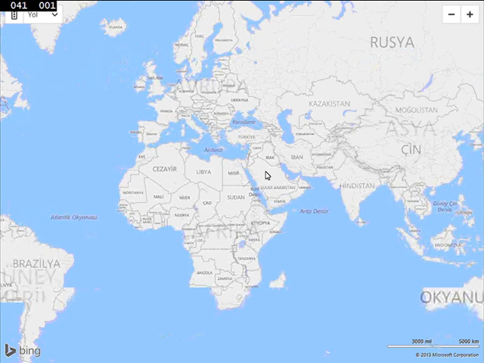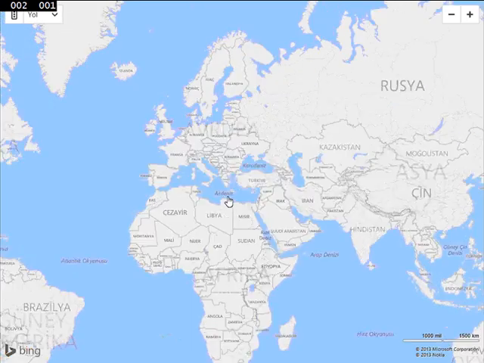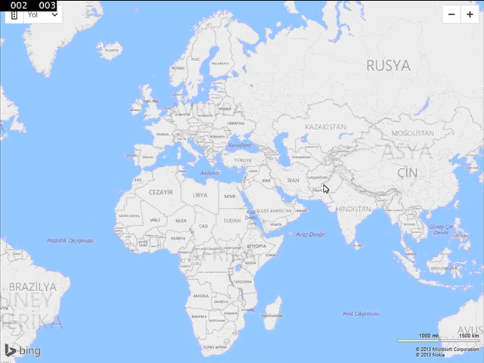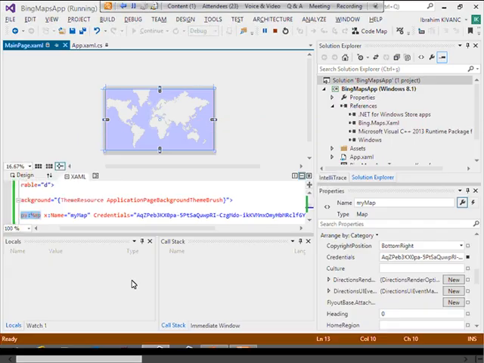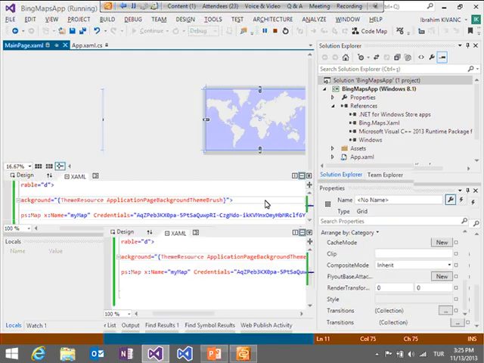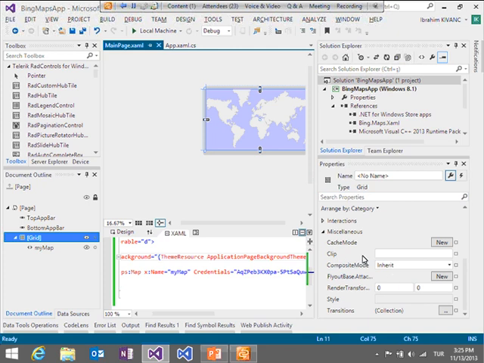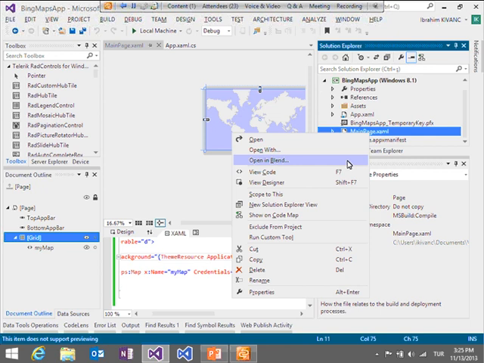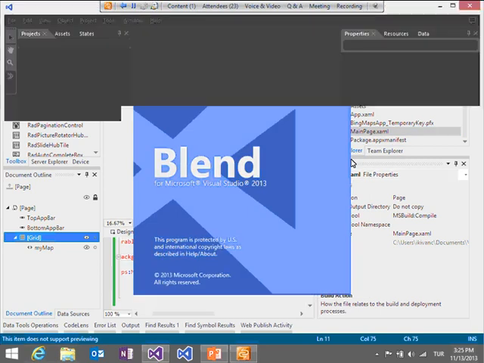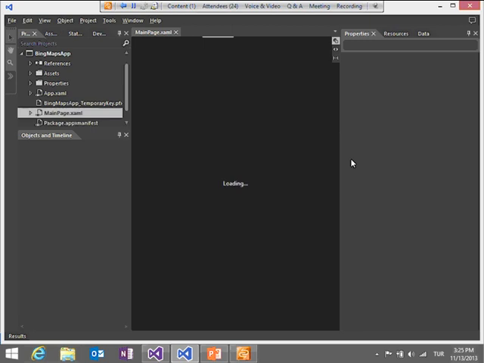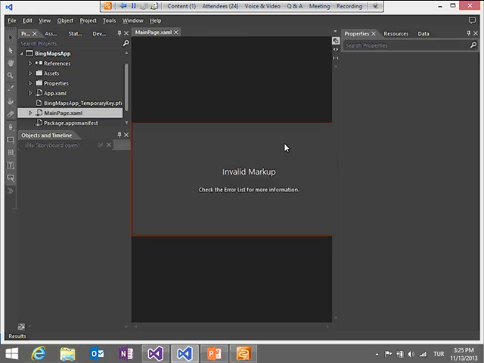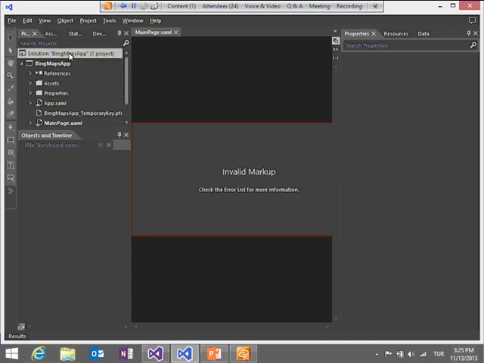So this is the important part of that. As I mentioned before, you can see all the country names in Turkish, because my keyboard location is Turkish. So what I can do is go there and check all the related properties of my map. At the same time, I can go to Blend with my Bing Maps, and I can see on the right side what is needed for my application. So let me